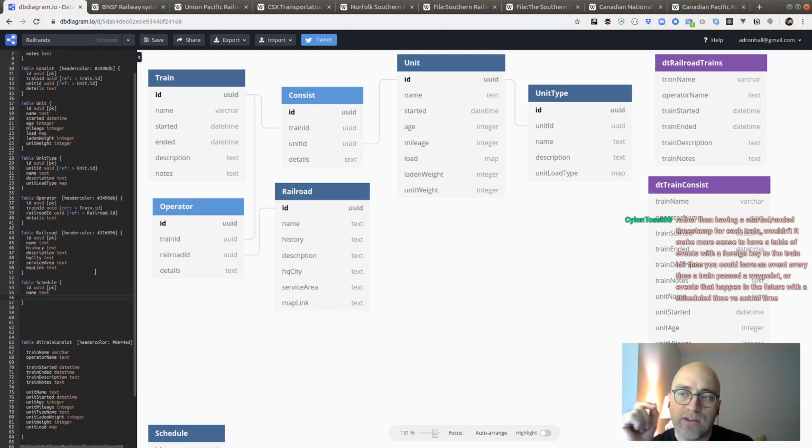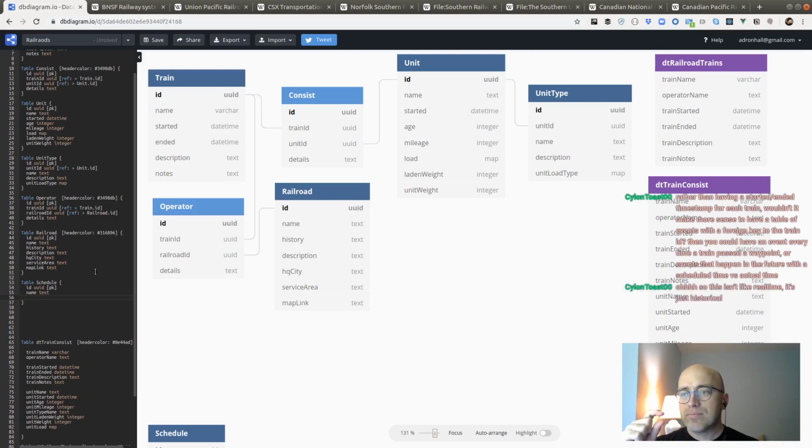So that specific started and ended segment is just to represent, for example, the Empire Builder. When the Empire Builder train was originally started, it was started by the Northern Pacific, and let's just say it ran under the Northern Pacific for X number of years, and that's what I wanted to set for the date time there. I wouldn't set this train starts at 3 p.m. and then it ends at 4 p.m. or something like that.